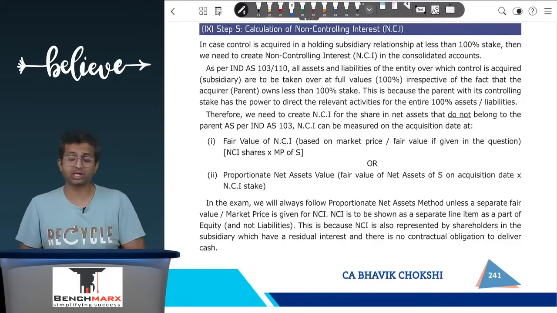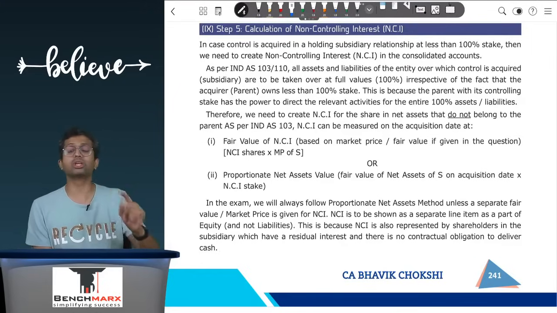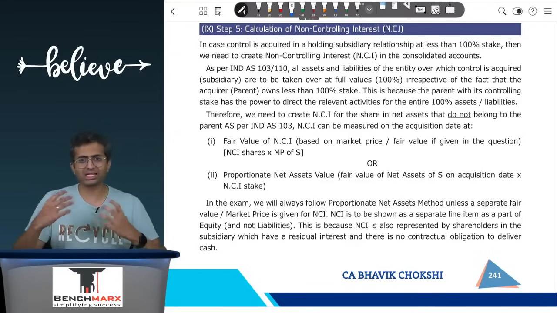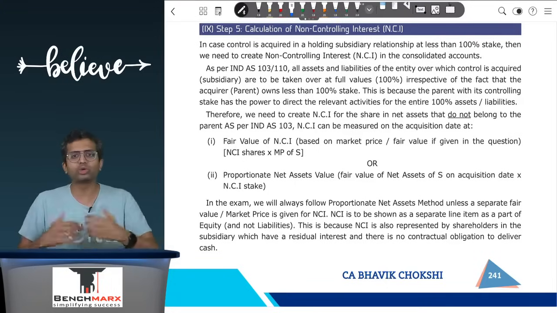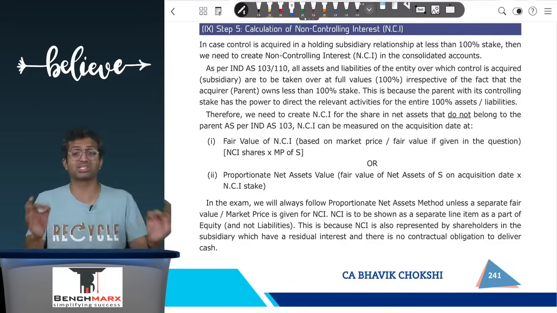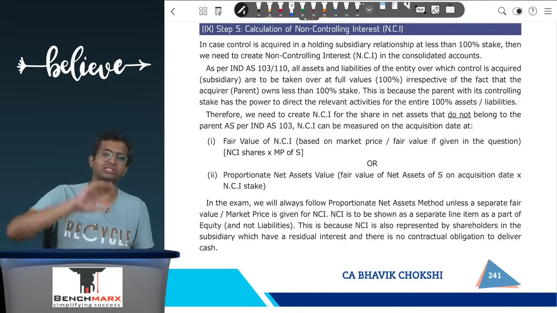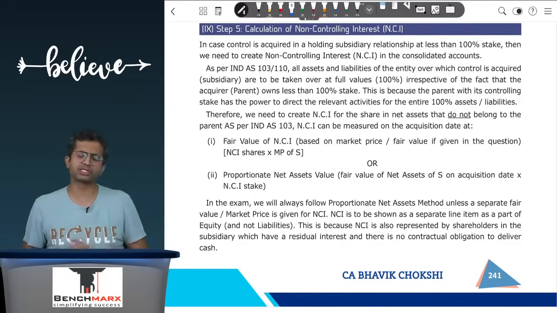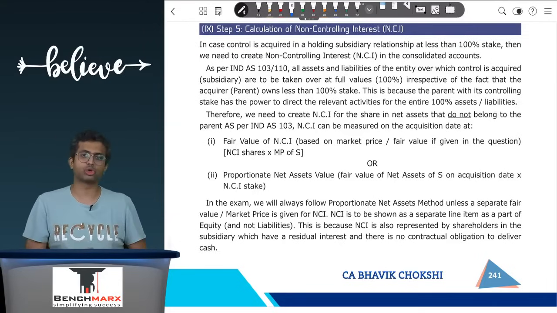Now, where does NCI appear? NCI, remember, is also at the end of the day an owner. It may not be a controlling owner, but it is an owner, that is equity. Equity under Ind AS 109 is defined as any instrument that evidences residual interest. Over here, even these 30% are going to get residual. If the subsidiary does well, they get more. If it does not do as well, they will get less, but still it is a residual interest, and hence under Ind AS, NCI is to be shown within the section of equity. Under AS, minorities interest was left hanging between shareholders' funds and non-current liabilities. Under Ind AS, it is to be shown as a part of the equity section only, not as a part of the liability section.